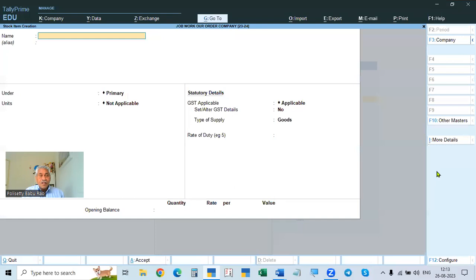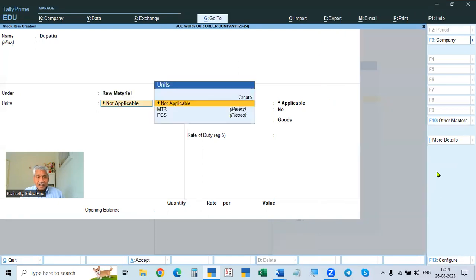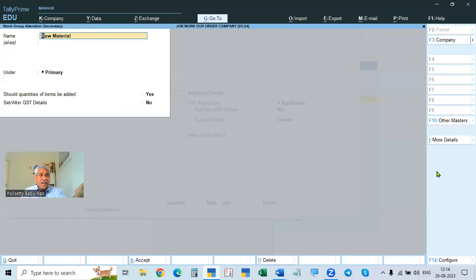Go to create. Now, first of all, dupatta. This one I already created. Dupatta means raw material, so take raw material. How is it created? It is simple. But in this case, this must be yes, because the quantities of items, plus or minus, will be added, and only then will the stock balance be shown correctly. You always make it yes. Okay, so raw material,